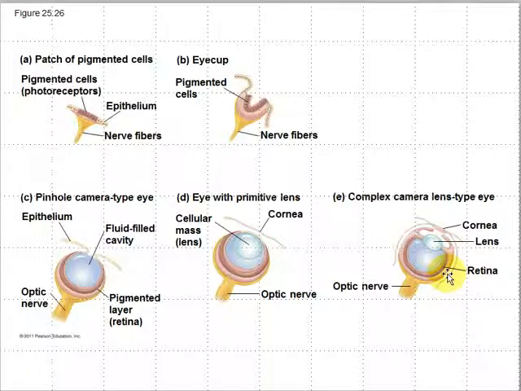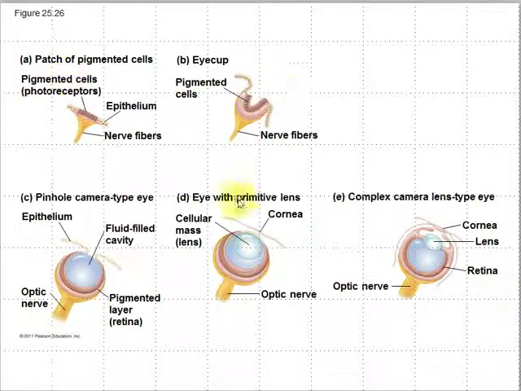And so you might find this in an octopus, where you might find this in a much less complex creature. But all of these varieties of eyes provide benefit to the creature. If you are comparing two creatures, one that has a patch of pigmented cells versus one that does not, the creature with the patch of pigmented cells is likely to have a benefit and likely to have an advantage. So all of these varieties of eyes exist and have existed for quite some time, and all of them are